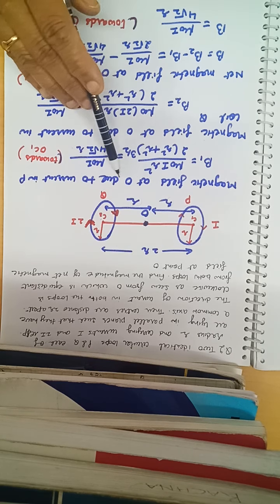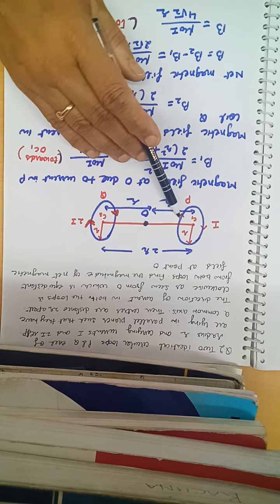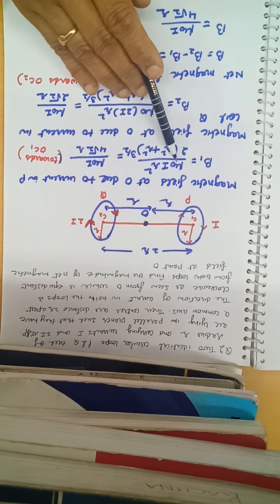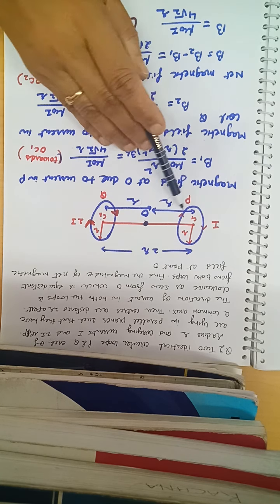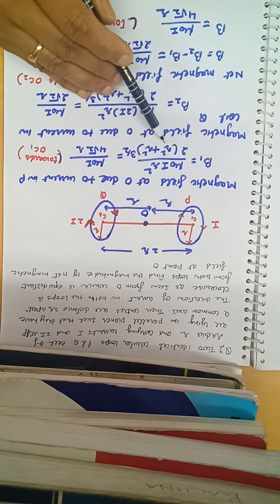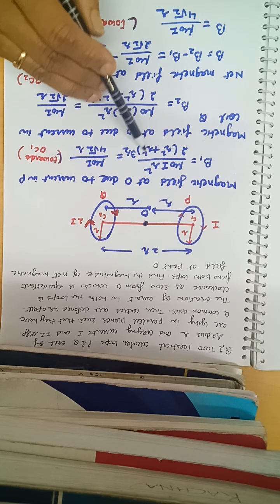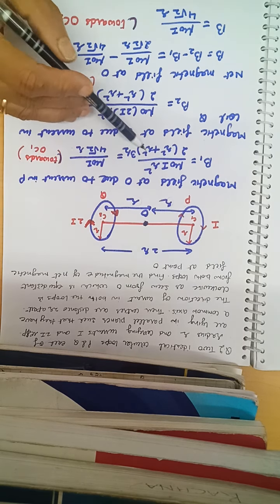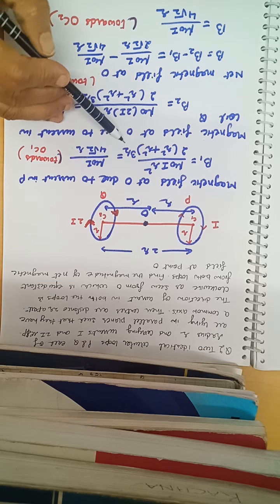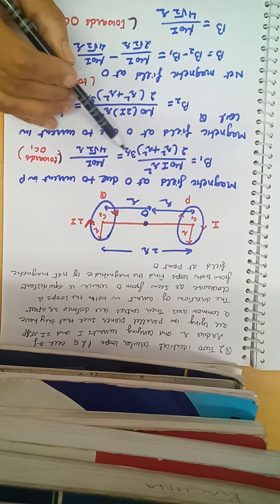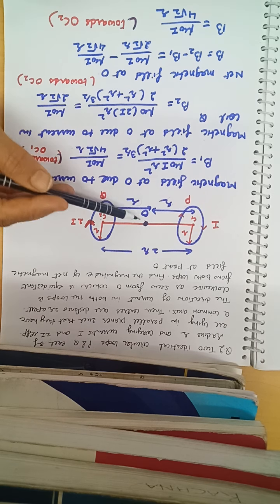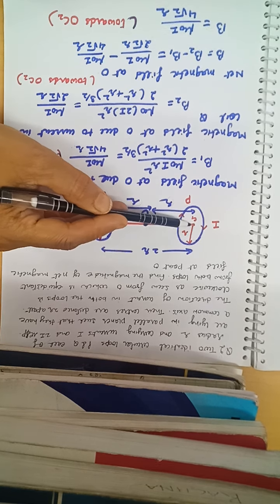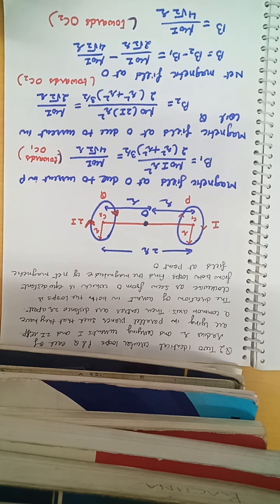So the magnetic field at O due to the current in the coil P, that is B1, is equal to mu naught I r square divided by 2 times (r square plus x square) to the power 3 by 2. In place of x you will write r, since this distance x is equal to r. So r square plus r square, to the power 3 by 2. When you solve it, you will get mu naught I upon 4 root 2 r. And what is the direction? Towards OC1.